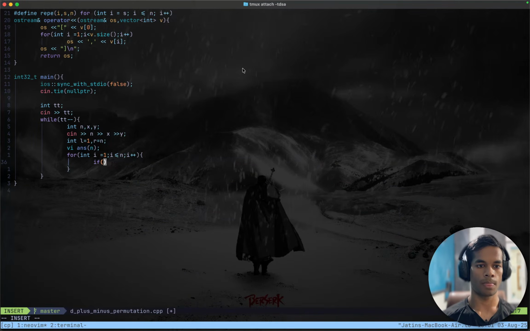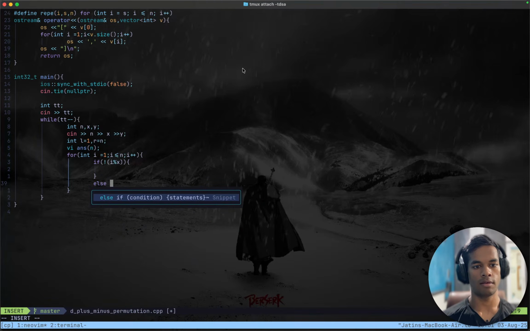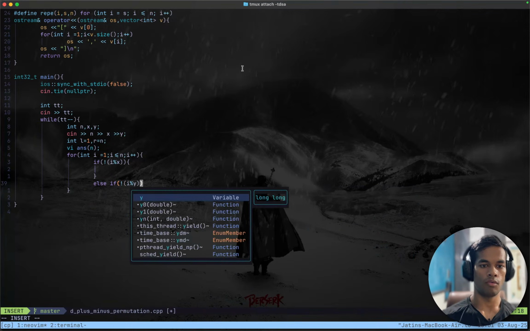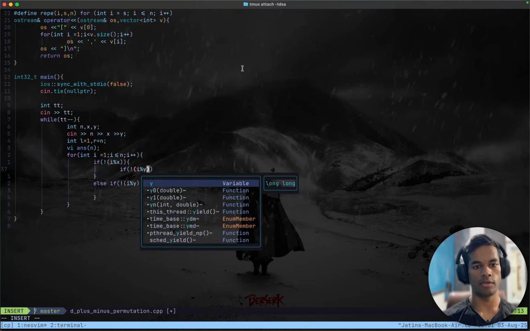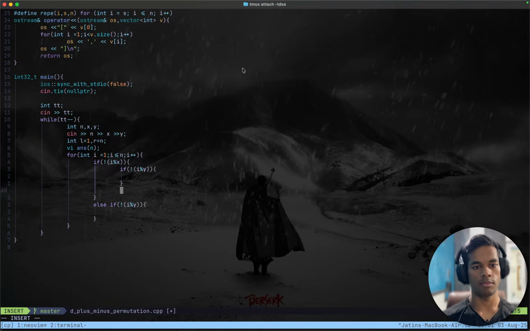If i remainder x is zero, if it is divisible by x, then something, and else if i remainder y is zero, if it is divisible by y, then something, and inside I have to check if it is also divisible by x, then something else. And if this is the case, then